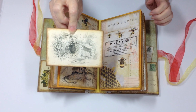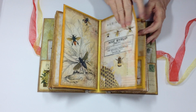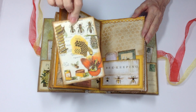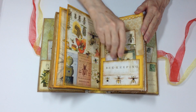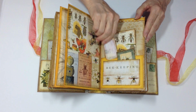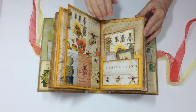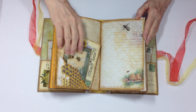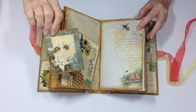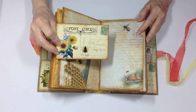And this is another card from the kit, another page from the kit. We're into our second signature now. Another page from the kit, and there's another journaling card. Here are two little journaling cards with a pocket and part of the kit. Made a pocket there out of one of the cards that Andrea had. And here's another part of a page, and I tore it and made a pocket, and there are more journaling cards, and there's another postcard,